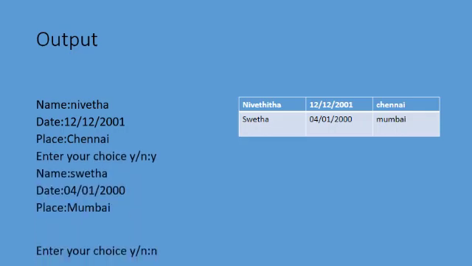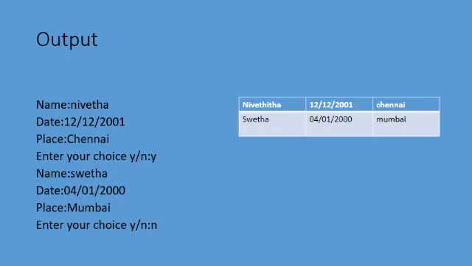I thought by seeing this you can understand. First name Nivetha. Initially my choice I have given y. So name Nivetha, condition is true the first time. Date, place, whatever I give will be printed. Next, you enter your choice, yes or no. You are giving yes again, so once again it will ask you the remaining details: name, date, place. You are entering, and next once again it will ask you to enter your choice. You are giving yes or no. When I give no, it will stop there. At that time the data you have given will be printed like this. It will be read. That's all.